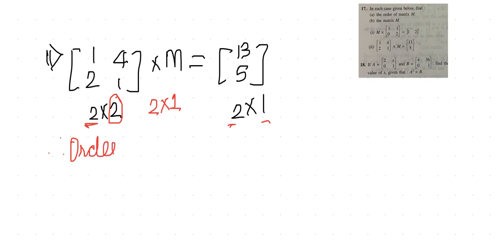So here what you will be writing, clearly my order is 2 into 2, and here my order is what, children? This is 2 into 1. So means, you know that the number of columns of this matrix should be equal to the number of rows. So first number will be 2, and what will be the second number? Here, see, this is 2, this is 2, and this is 1, means this is 1. So therefore what you will be writing, that order is equal to 2 into 1,